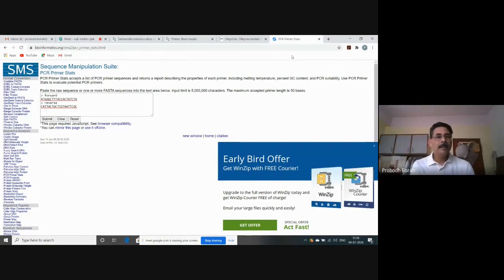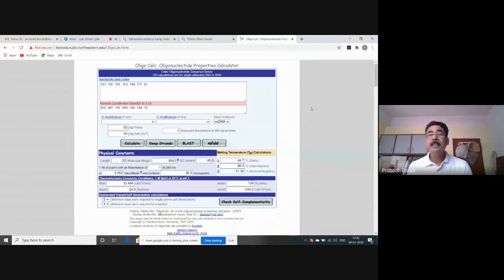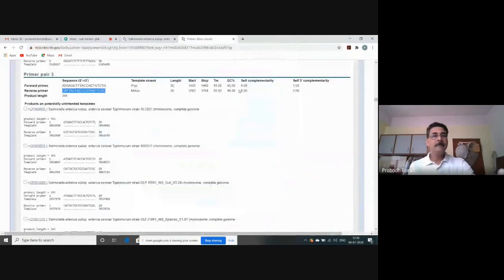But of course, this does not have more than one G or C, so this may not create a lot of problems. So let us take it for granted that this is a good primer. Although in practice, when we go for research, we shall have to find even better primer pairs without this kind of defects. Now our primer is ready for PCR.